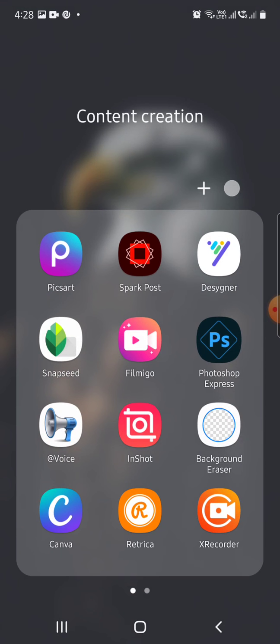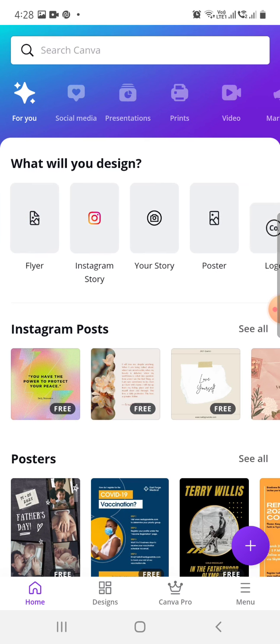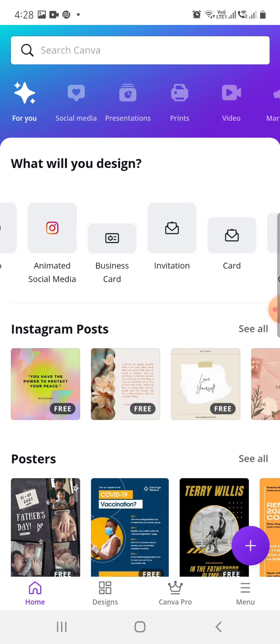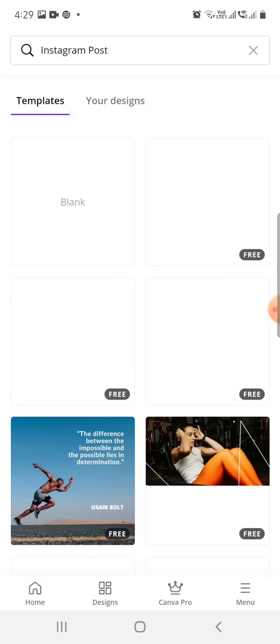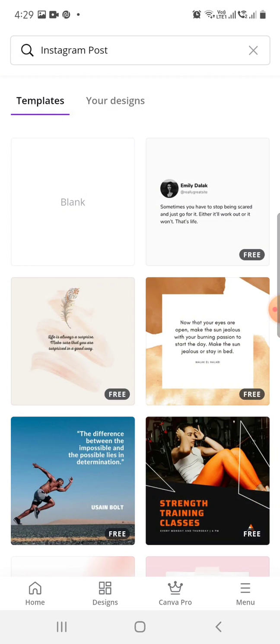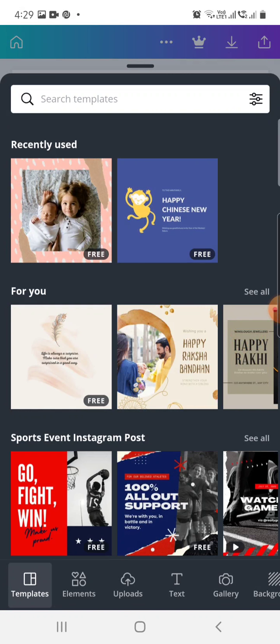Next I would like to go to Canva. Canva is the app where I can get a lot of elements, right? A lot of elements to insert into my content. So here Canva will ask what type of template that you would like to select. Normally for such contents I will select Instagram post. So this is what you get. You can select a blank format. You can click on the blank format. This is the screen that you will get when you click on the blank format.